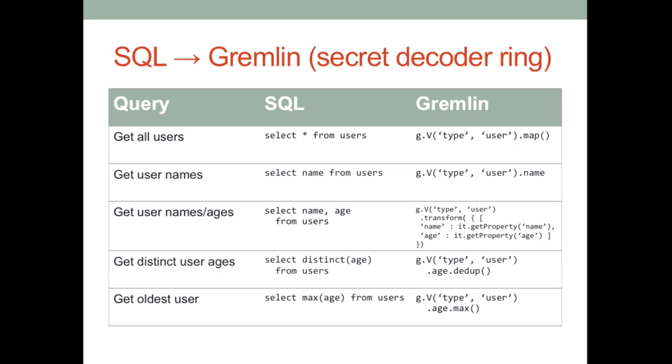So here's a table I gathered. Hopefully people here are fairly familiar with SQL, however you want to pronounce that these days. I did some analogous queries. You might be doing some simple selects, selecting certain fields, or some aggregation, like a distinct or a max. And these translate fairly nicely, fairly straightforwardly over into Gremlin.